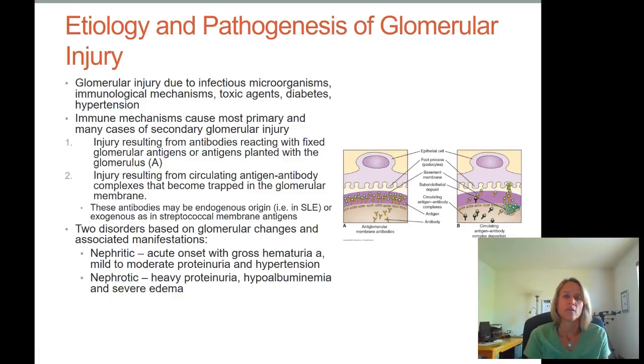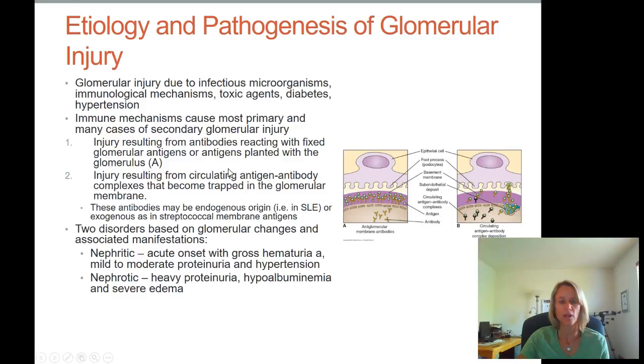Let's talk about the development of glomerular injury. So we can have glomerular injury due to infectious microorganisms, immunological mechanisms, toxic agents, diabetes, and hypertension. However, immune mechanisms are the most common cause. There's two ways we can have injury. Number one,